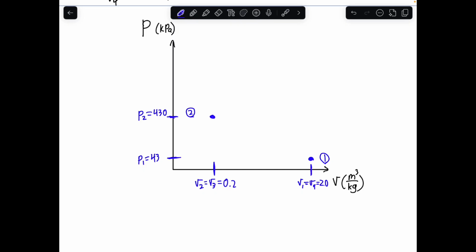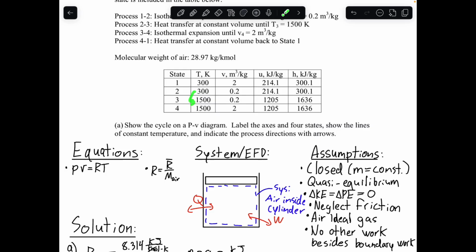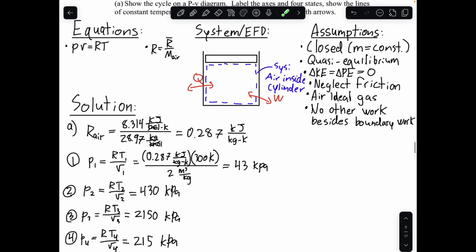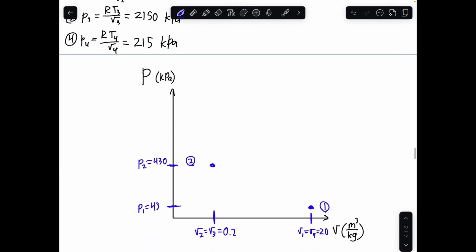And then our next process is a constant volume. So we stay at the same specific volume, constant volume heat addition, and we move up to a higher temperature, which means we move to a higher pressure as well. We move from 430 to 2150. So we just had this as a straight line up, and then we're moving to our highest pressure on the chart. So I'm going to draw it somewhere around here, and this will be P3. And so again, this is just a straight line upwards since we are staying at a constant volume in this